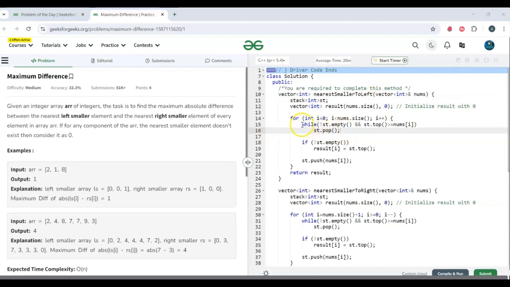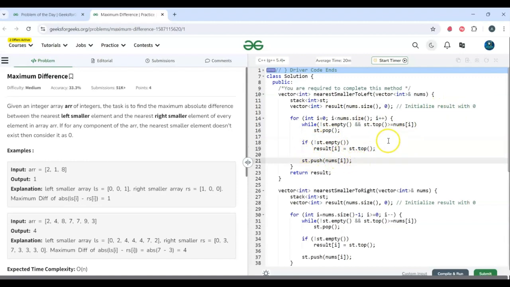So this while loop makes sure to find the nearest smallest value to its left, and it pops out the elements in the stack until it finds a smaller value compared to the current nums of I. And when it gets that particular value, we check if the stack is not empty, then we'll store the top value of the stack, and if it's empty, we'll remain it as 0. And finally we'll push that particular value into the stack